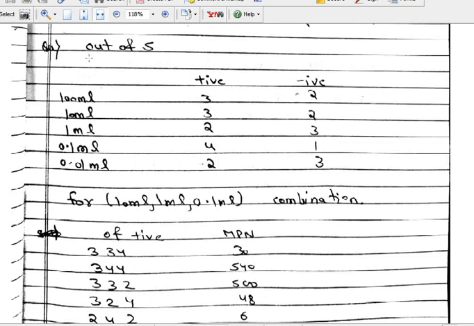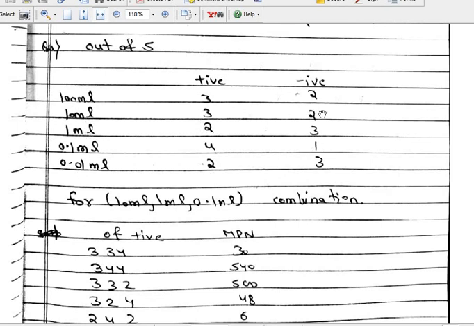Now you see here, this is the result of this MPN test. So out of 5 tubes, this is the dilution. 100 ml means there is no dilution: in the 100 ml tube, full is your sample, no distilled water. Then 10 ml means 10 plus 90. 1 ml means 1 plus 99. 0.1 means 0.1 plus 99.9. 0.01 means 0.01 plus 99.99. Okay, so this is the dilution, and these are positive, these are negative.